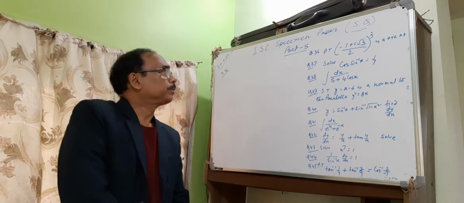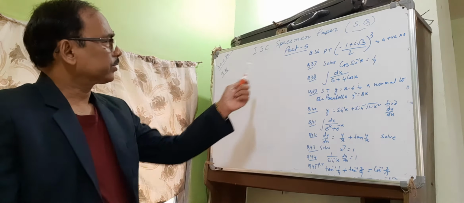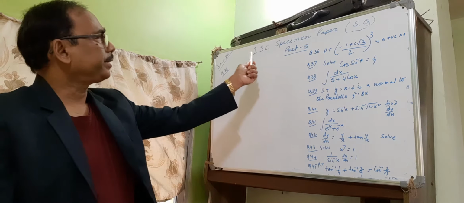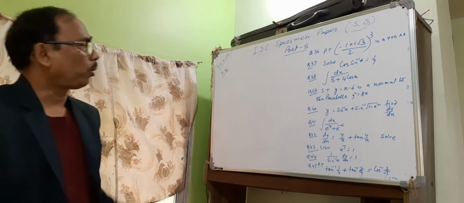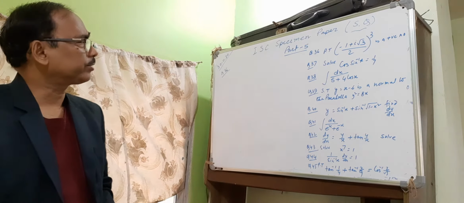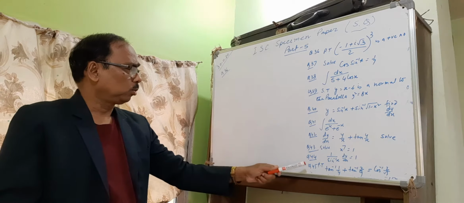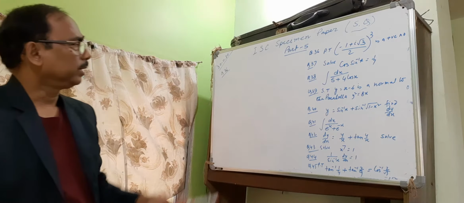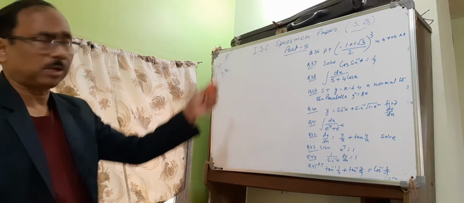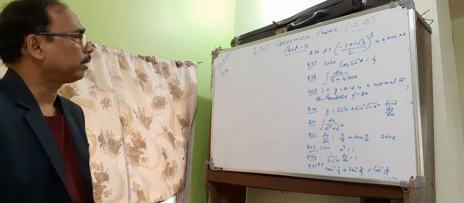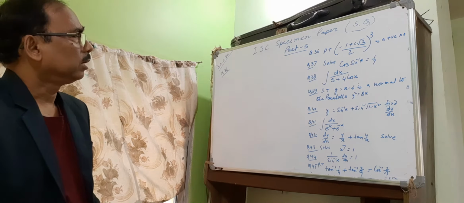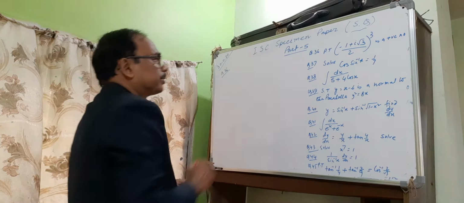Hi students, in my 5th class, part 5 ISC specimen question paper short questions, I am going to start another 6 questions from 36 to 45. Another 10 questions are there. I am going to solve all these short type questions, all are 1 mark each. Now, sum number 36.